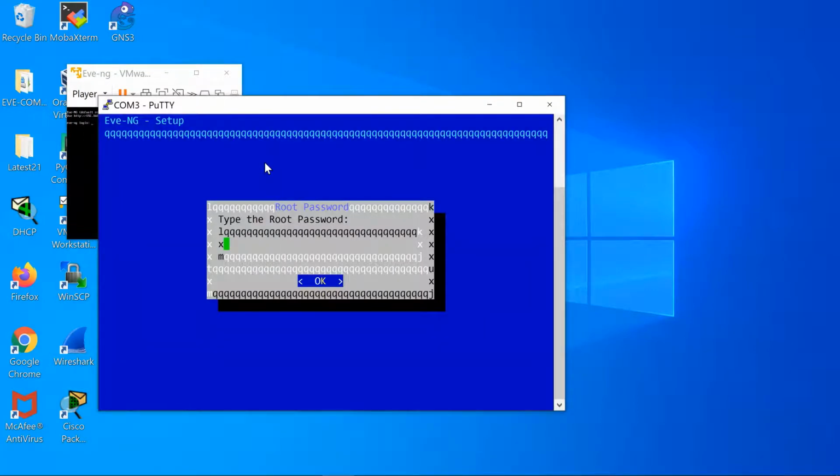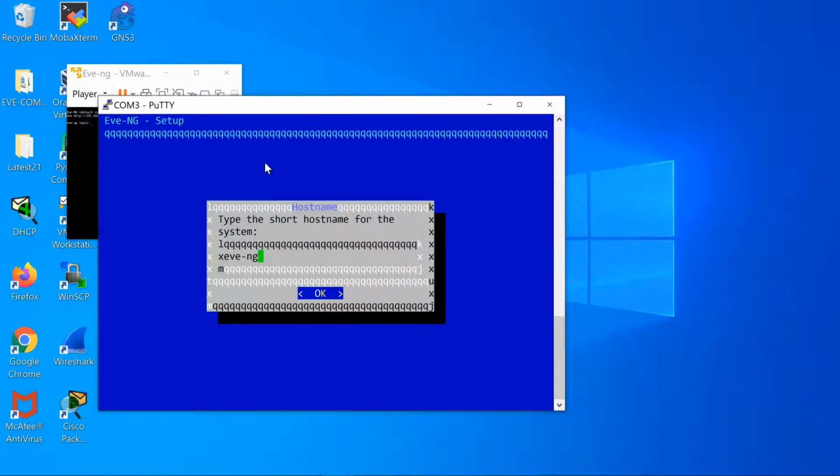Now the EVE-NG setup mode is in. You have to reset your root password. Repeat the password. Hostname EVE-NG, I'll leave it as default.